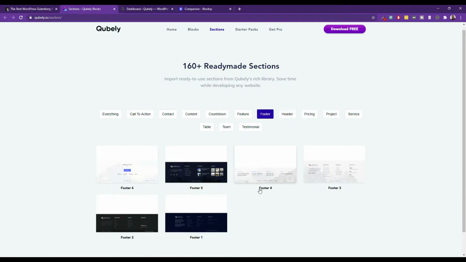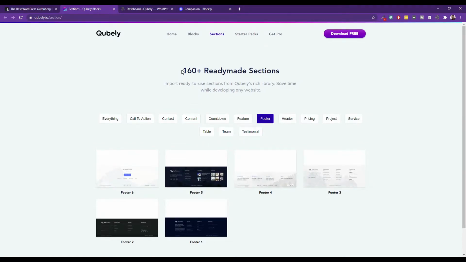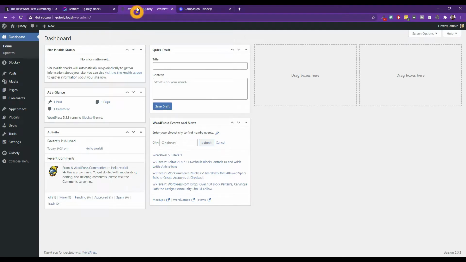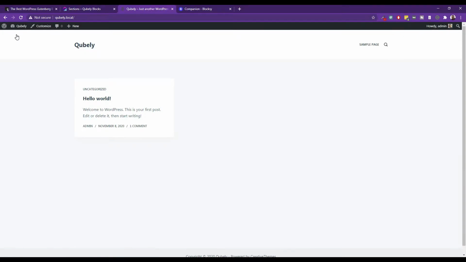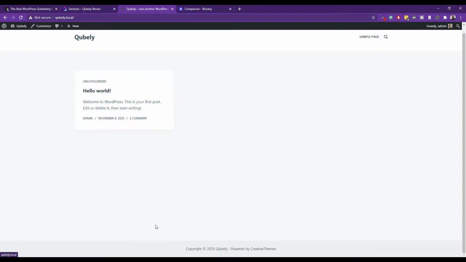Today I have a site that's already up, and I want to show you what we're going to do. We're going to build something from scratch. It's not going to be perfect, and I haven't gone out of my way to add icons or anything like that. I'm strictly using the ready-made stuff and showing you what Qubely does. So let's jump in. This is our page, and there's nothing special about it. This is the standard Blocksy page with a heading, footer, and some content. So we're going to add a new page,